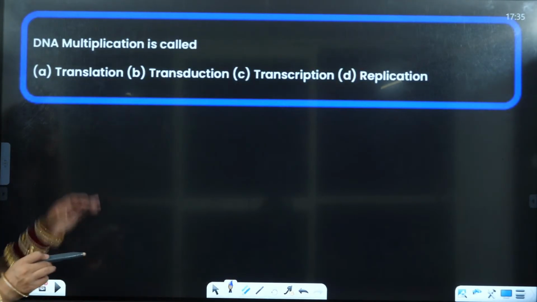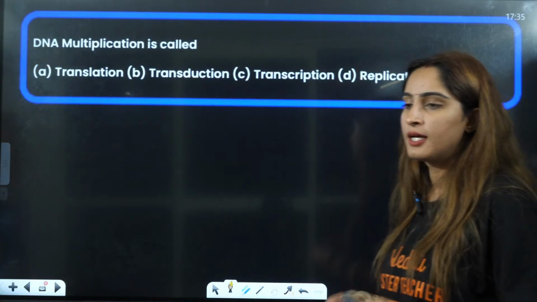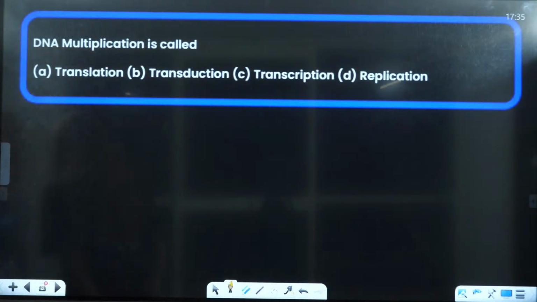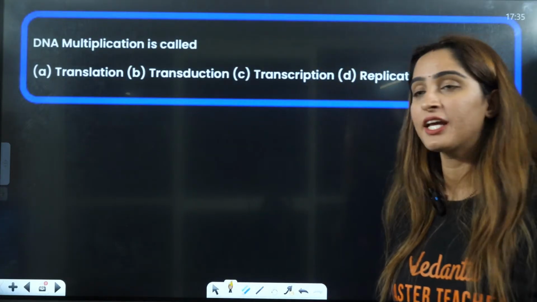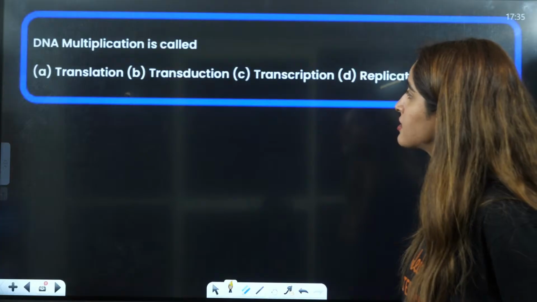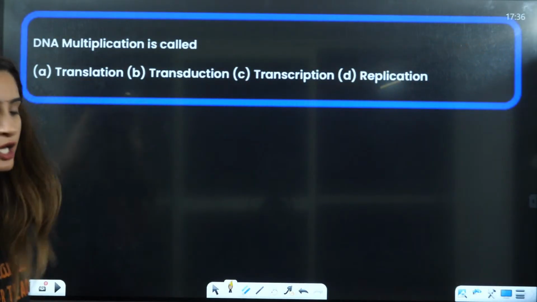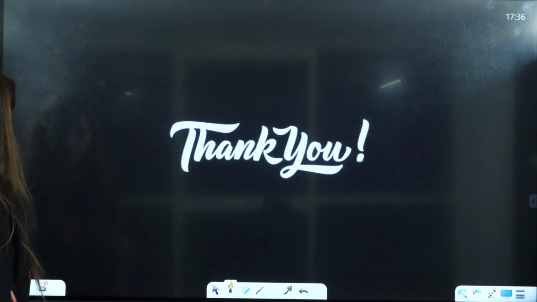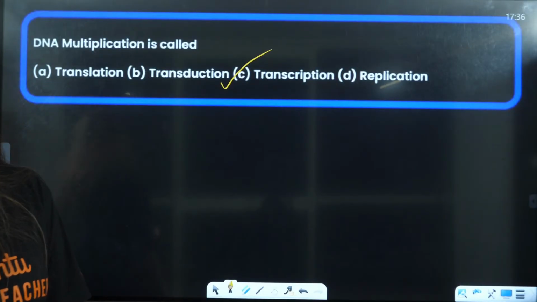According to you, you can match this. DNA multiplication. Anybody? Last question here. Let us see how many of you are able to answer this. DNA multiplication is called translation, transduction, transcription, replication. Which one of the following? So DNA multiplication is nothing but it is...